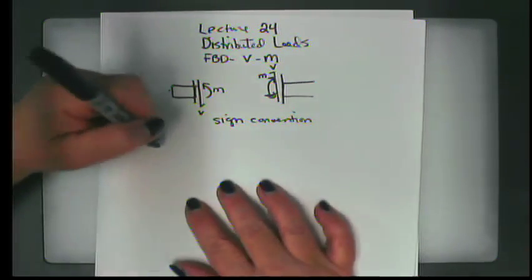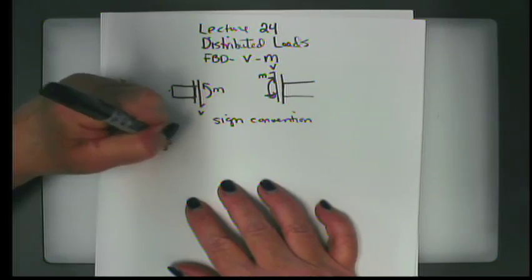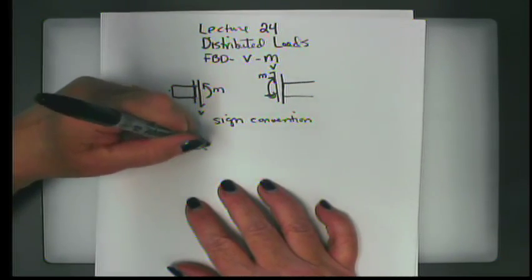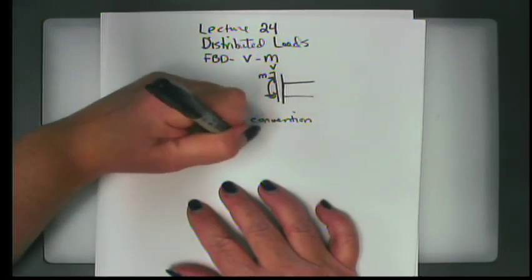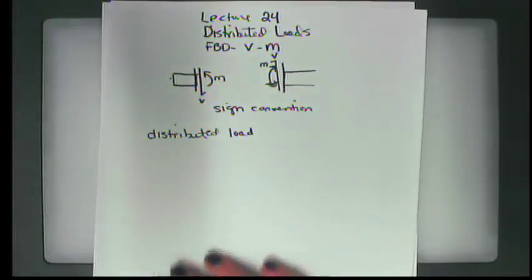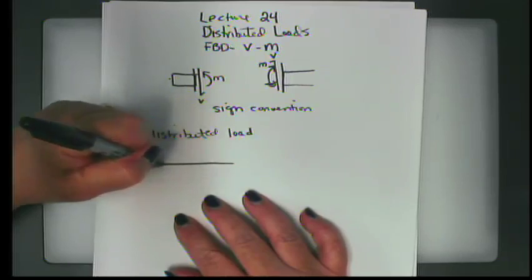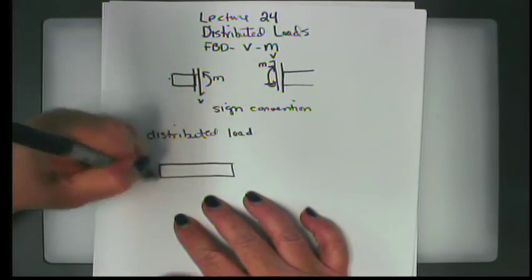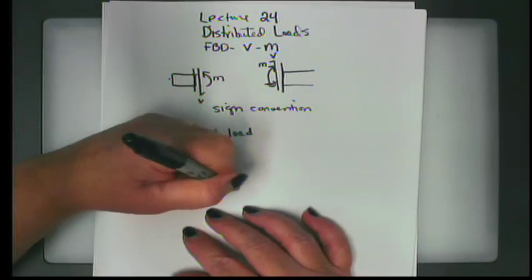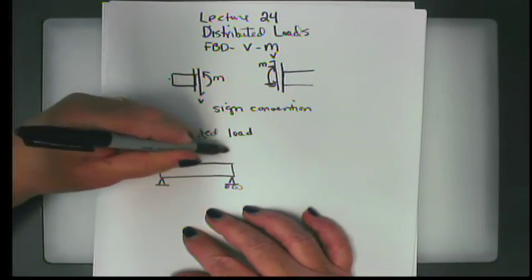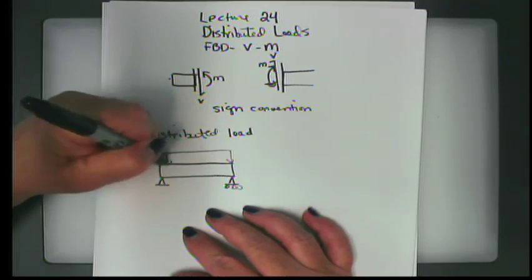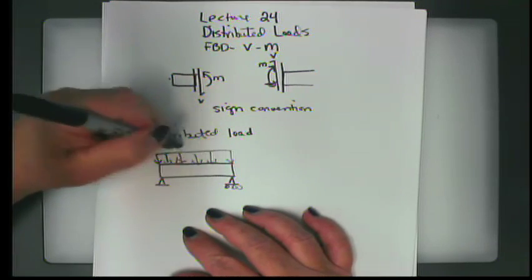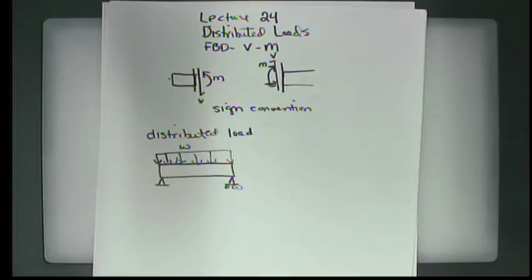So the next thing that we're going to talk about today is a distributed load. And for the purposes of our discussion, I'm only going to talk about two types of distributed loads. One that looks like this, where you have a constant weight per foot, or load per foot, or load per length, referred to as small w. And then another one where we have a load